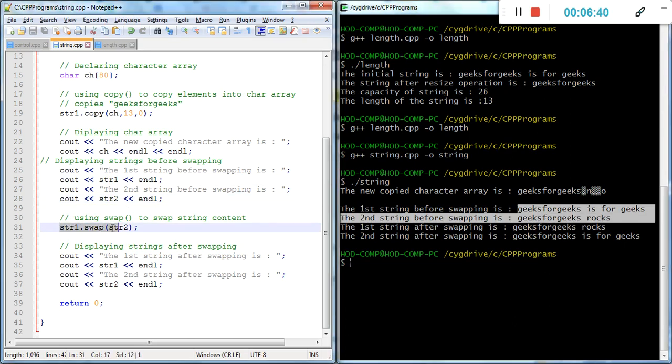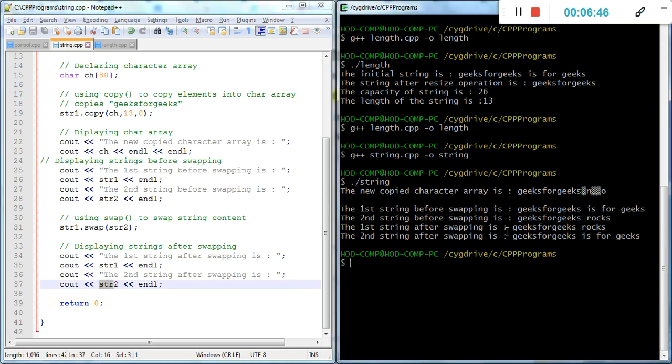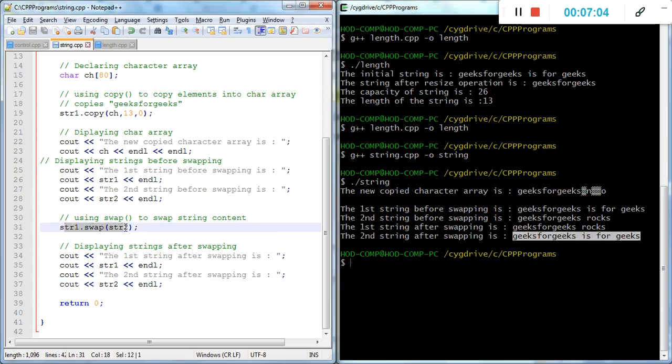Now we run this and print string 1 and string 2 again. After swapping, the second string's content is copied into string 1 and string 1's content is copied into string 2. This is simply swapping with the swap function.